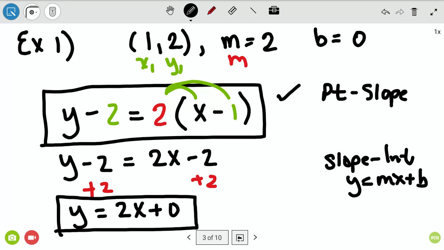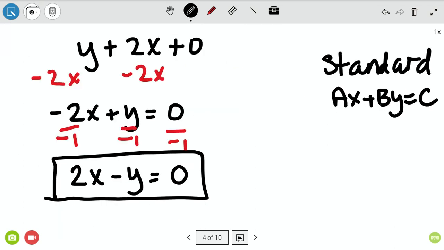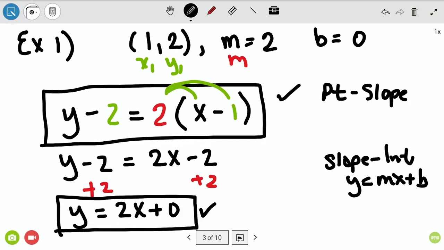If you were asked to get it in slope-intercept form, do a little maneuvering and then end it here, right? If you were asked to get it in standard form, do a little bit more maneuvering and end it here. Make sure your end is always what your instructions say to end with, okay? Now, I do want to go back here and just show you, based on yesterday and the day before,